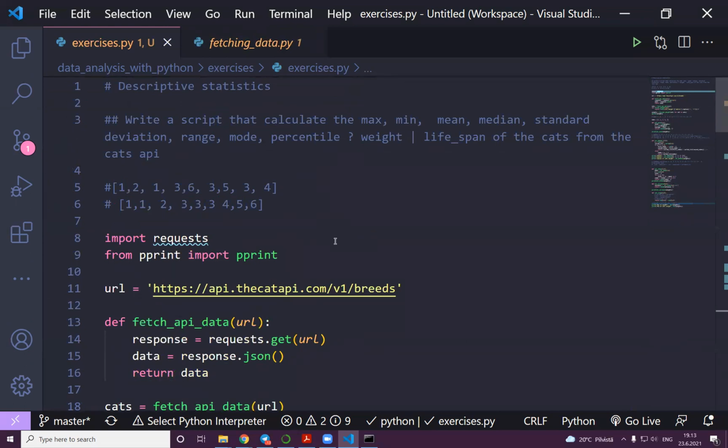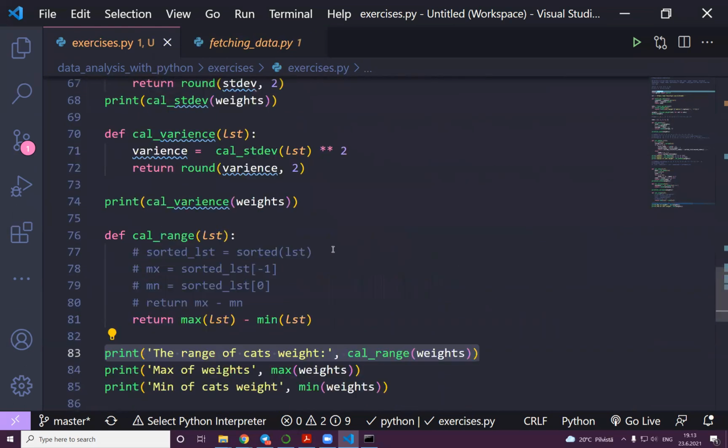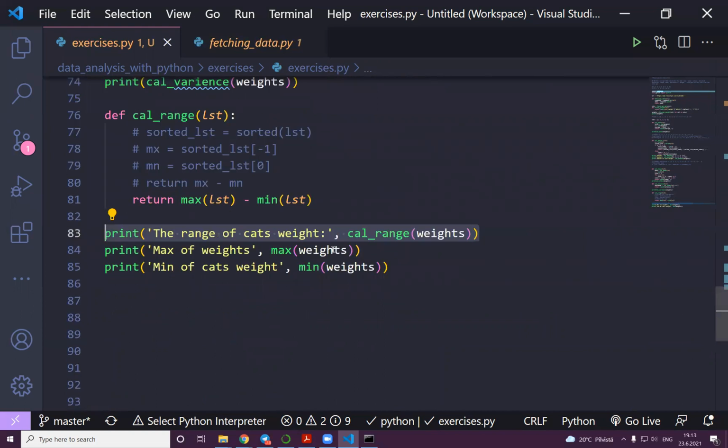Do you have a question? Yes, I have a question. I didn't understand max equal to sorted list -1. This? No, the second line, similar line 78. Yeah, line 78. Okay. Good. If you remember, if we have some index, some list, let's imagine 0, 1, 2, 3,